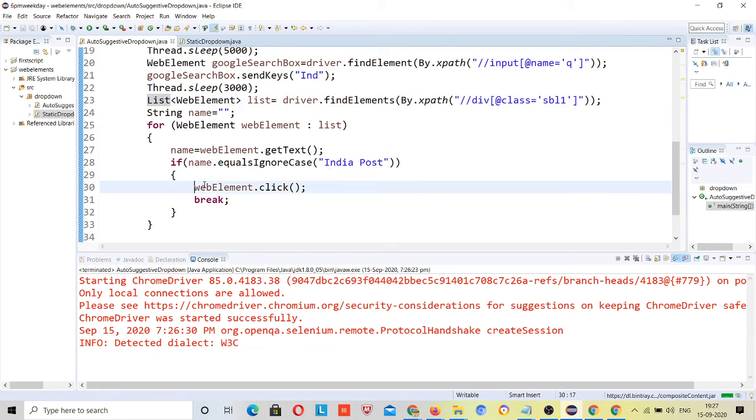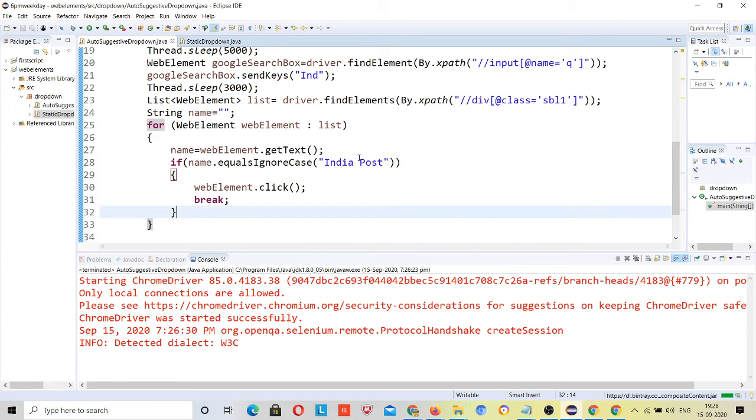After clicking on India Post, it went to another page, but still it was trying to get all the other results into your list. But you are now in another page, you jumped into another page. So as soon as I found my India Post, I came out of this loop, right?